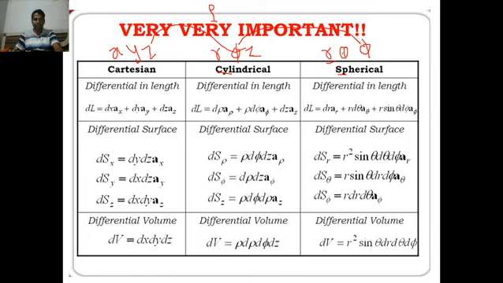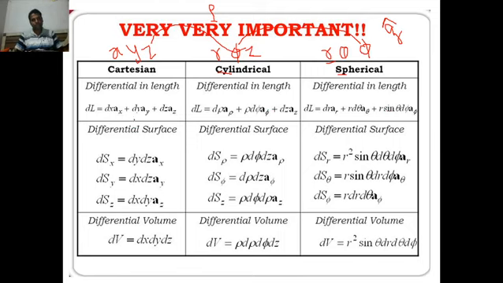Here, ar cap, a theta cap, a phi cap, although some authors do not use the cap symbol. For example, I want to show ar cap in this fashion. Some authors straight away write only ar, some authors use ar cap. Both are one and the same thing. This rule is applicable to all unit vectors of all these three coordinate systems. You have to remember this. For example, in this particular slide they have not used the cap, but you can use the cap symbol on top of each of these unit vectors, there is no problem.